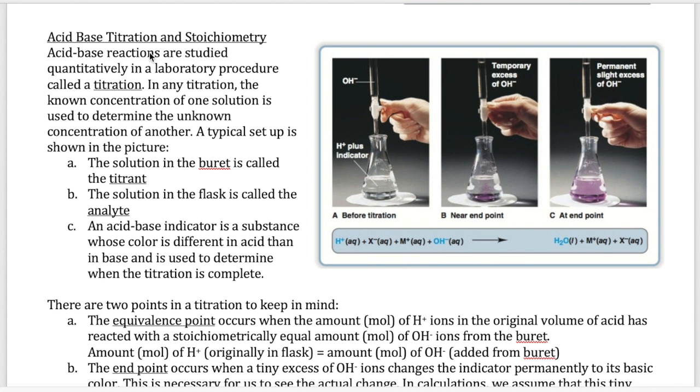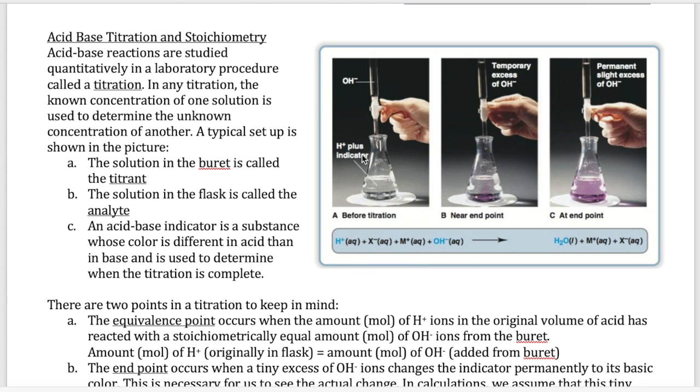We're going to start with the concept of titration, and specifically acid-base titration. So titration is nothing more than an experimental technique. It's what we use to analyze concentrations of an unknown species by reacting it with a species of known concentration. The common example that we use for general chemistry is in acid-base reactions, and so that's why it's called acid-base